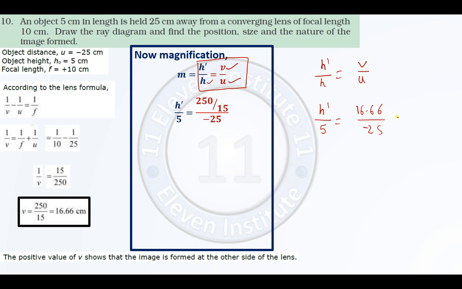You have to multiply this 5 over here, that 5 will be multiplied with this decimal number, and then you have to divide that decimal number by minus 25. This will be tedious. You want to do like this. Just use your brain. Where did 16.66 come from? 16.66 came after solving 250 upon 15. So I am not writing any answer, I am yet doing some solution. So instead of v, we will not write 16.66, but we will write 250 upon 15.